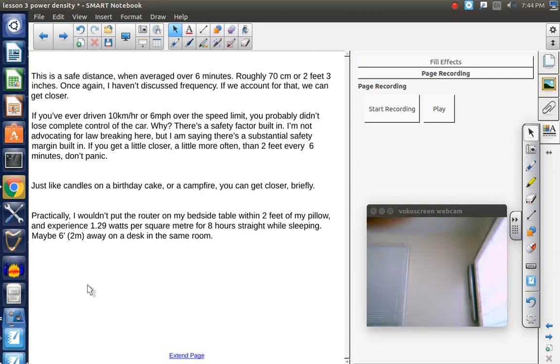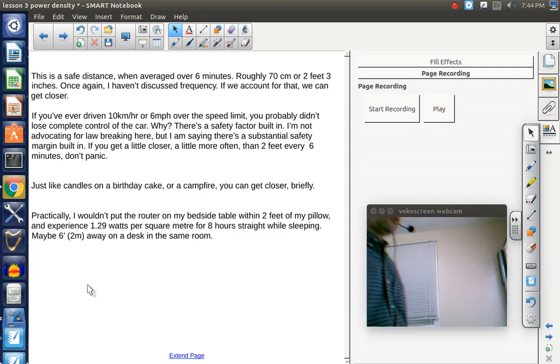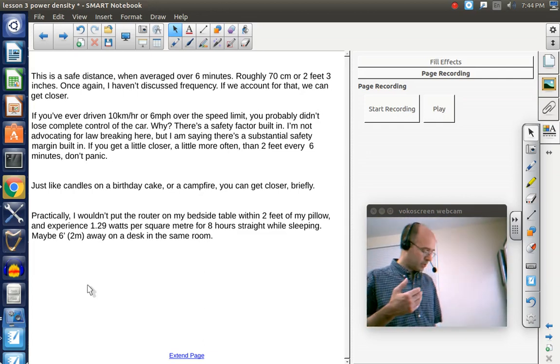And you might think, well, what happens if I get too close too long? I'm going to use the analogy of driving a car. If you've ever exceeded the speed limit by 10 kilometers an hour or 6 miles an hour in the States, chances are you didn't lose control of the car. Chances are nothing bad happened. Maybe you got a ticket, but typically there's a safety factor built in